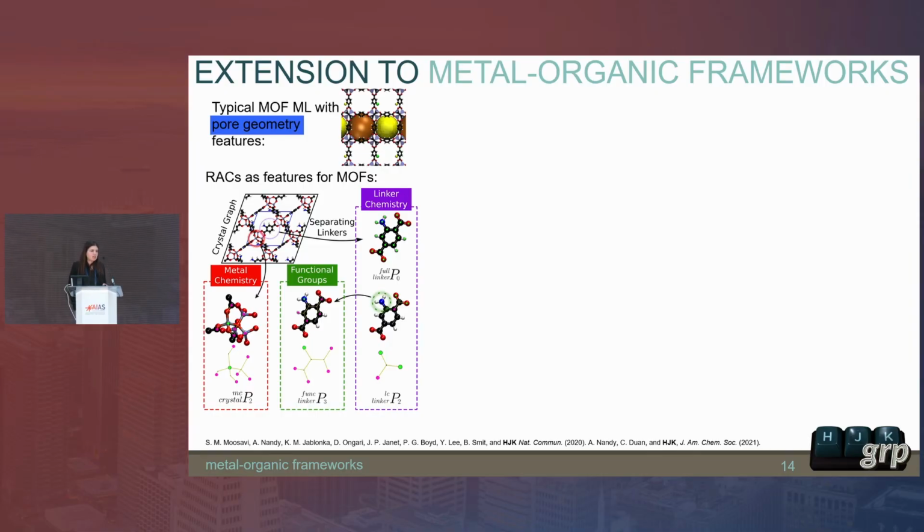One of the challenges of metal organic frameworks, they're beautiful materials, but they suffer from reliability issues that limit their scaling. There are many issues with MOFs. One is their cost to synthesize, but one of the chief challenges is just knowing if a MOF you synthesize will be stable. And so we're really interested in learning directly on literature data from MOFs